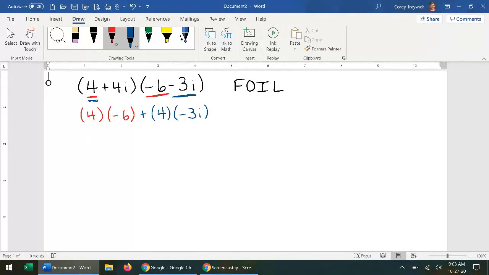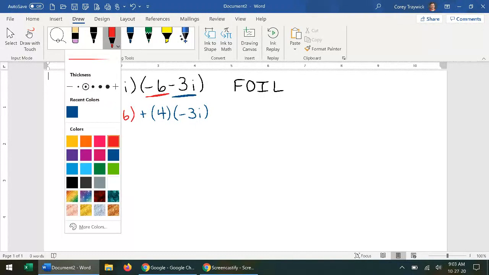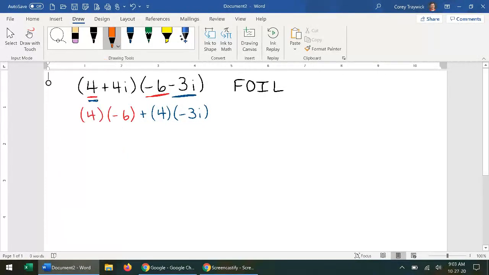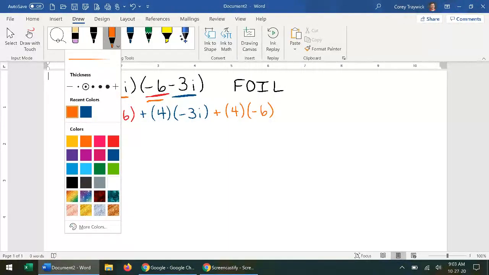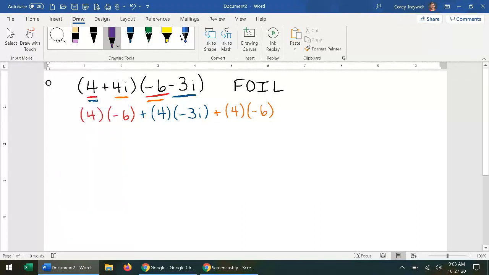And I'm going to see if I can change colors. Oh, I can. All right, so for the inside, we're going to multiply the 4i and the minus 6. So that's what this is going to look like, 4 times minus 6. And then for our last one, purple. Okay, we'll use purple. We're going to do the last two terms, the 4i and the minus 3i. So times 4i